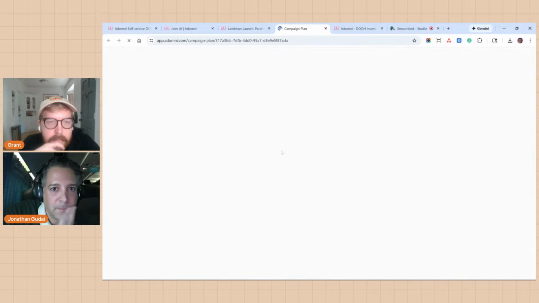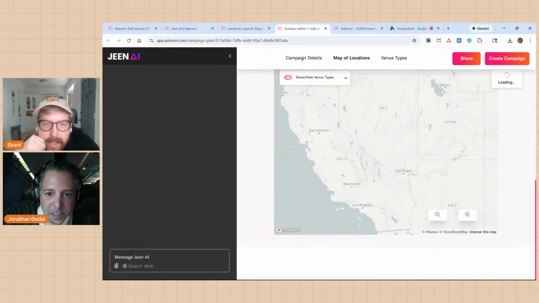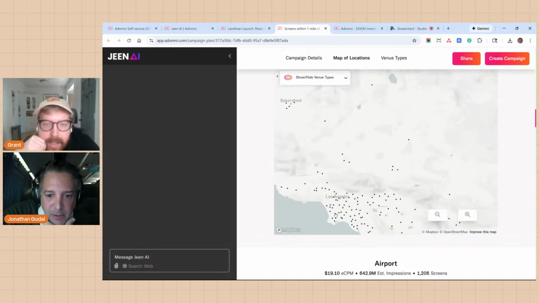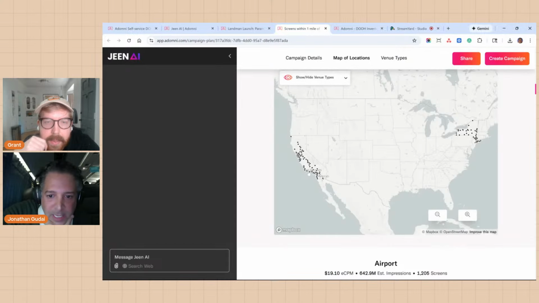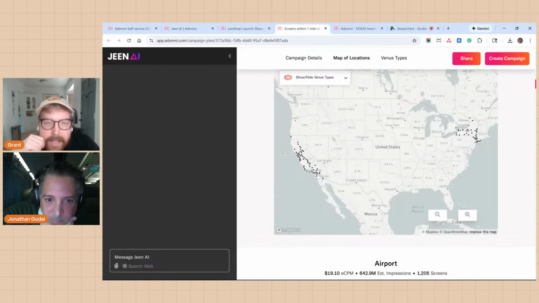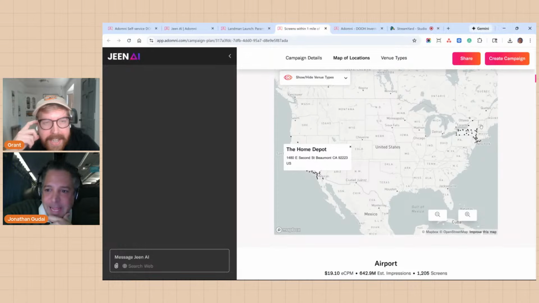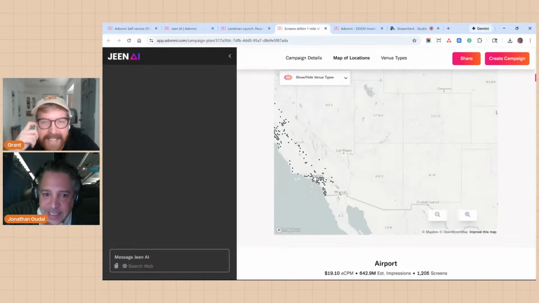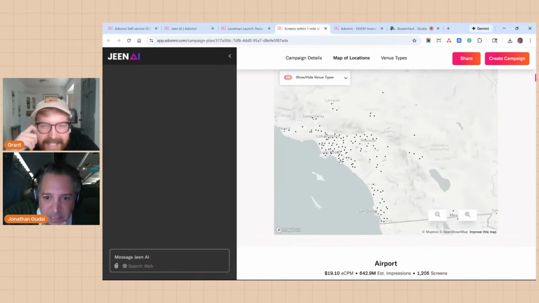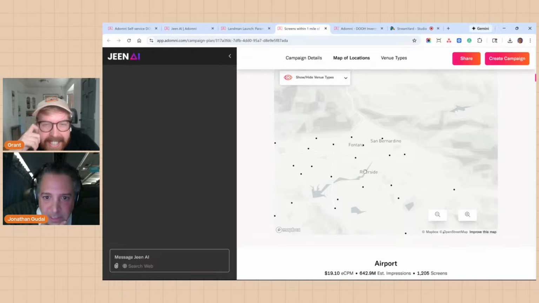So it just updated, and it did generate a new set because we shifted our targeting parameters. We'll give it a second to load here. And check this out. So you're in LA, right, Grant? Yeah, I am. Those black dots are all our Home Depots. If you click on one of those, that's in Beaumont, California. Oh, what about Glendale? That's where I am. So in literally seconds, you're in Glendale. Okay, let's go a little bit east. I know of the Home Depot there. We'll see if we got it. Anaheim. Yeah, Anaheim.